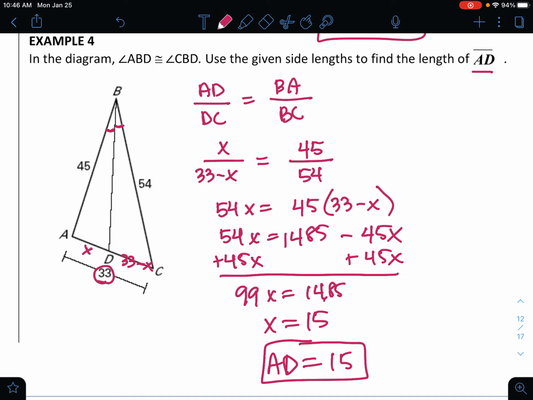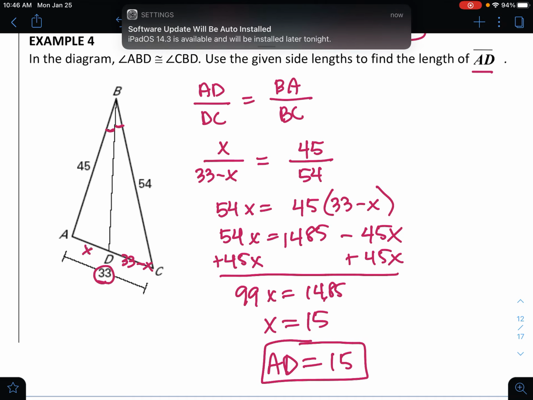I'm going to do a third video. The last page, there are 3 examples for you to try. So I want you to try those, and then when you're done, or if you get stuck, come back to the third video and I will